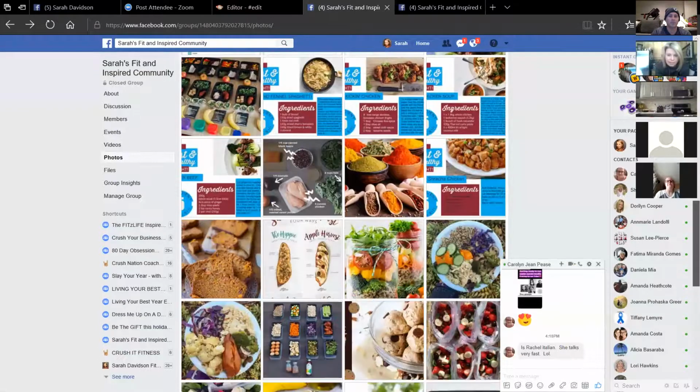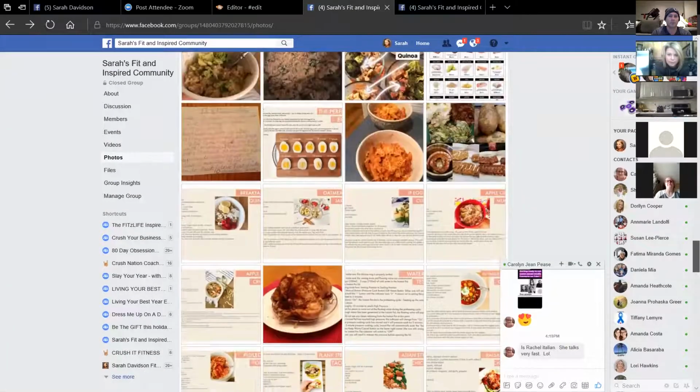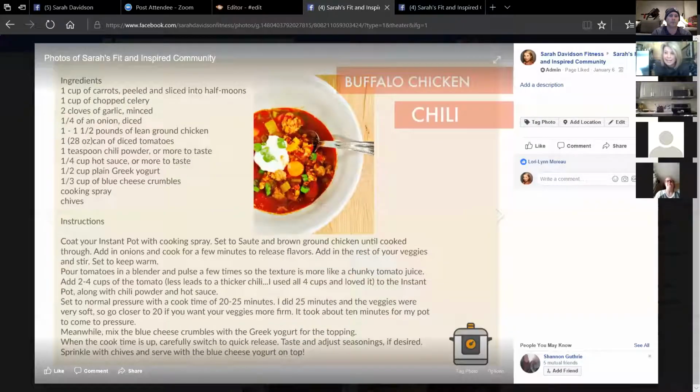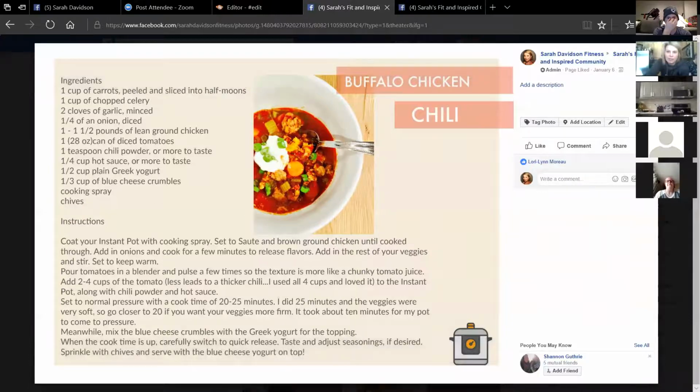And then the Instant Pot ones were great again. I like the images, and I'm finding I'm using them. I'll just save the image, and then when you're at the grocery store or whatnot, it's easy to pull up the recipe on your phone. You've got your phone with you, so it's easy shopping-wise for your group.